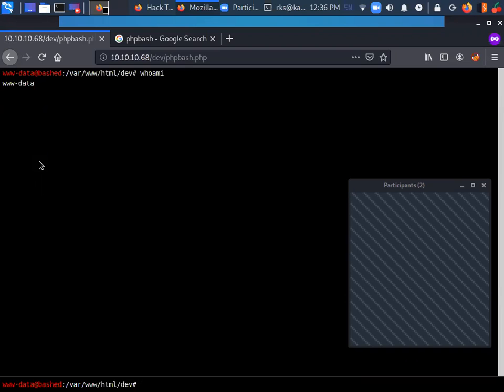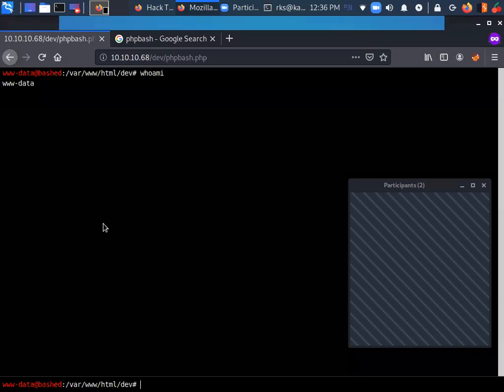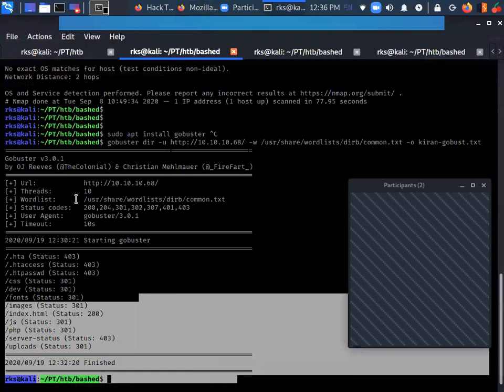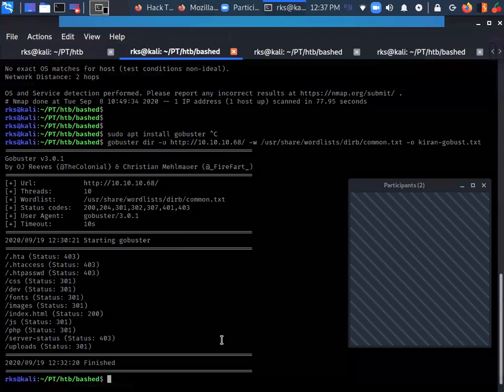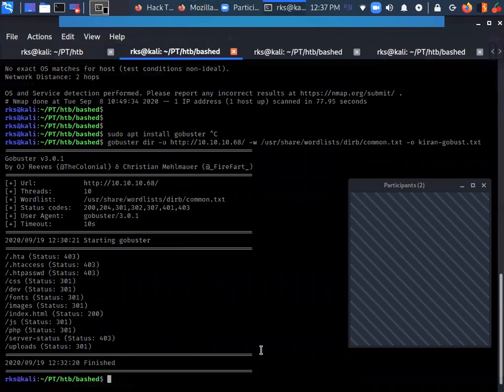So the first thing that I want to check is who am I? I already checked it. I'm www-data. Now, second thing is I want to get a shell back. I want to have a shell, not here, not on the web. I want to have a shell here. I want to interact with my terminal using my terminal here.